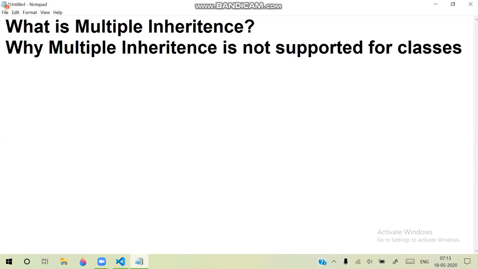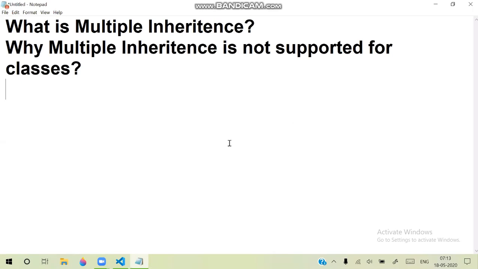Multiple inheritance is not supported for classes. So technically, we discussed what is inheritance, what is single inheritance, what is multiple inheritance, and why multiple inheritance is not supported for classes.